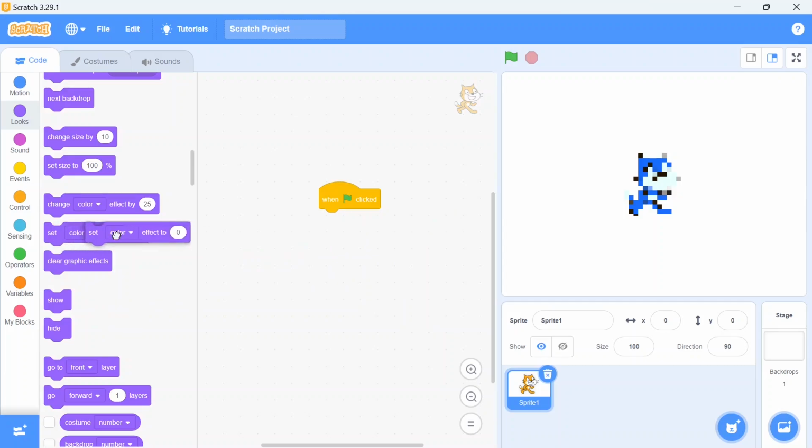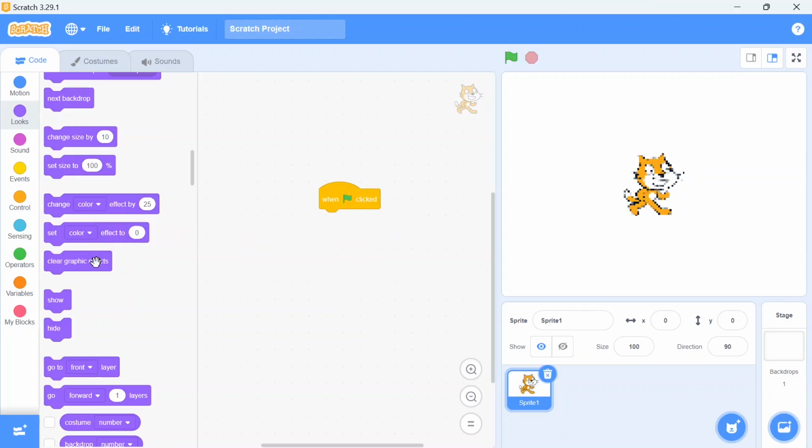Now the next one, where you can set the effect value, how much effect you want to set in a particular value. Suppose here I'll make it the color change, so you can see the color value has been changed. Now again I will choose pixelate and make it 0 effect, so automatically you can see it comes to its original shape. So this is the original sprite visible right now. Now if you want to create some pixel effect as per your demands, I'll make it 30. So you will see the effect on your sprite. See, this also creates a beautiful graphic effect. Especially these kinds of effects are used in games.